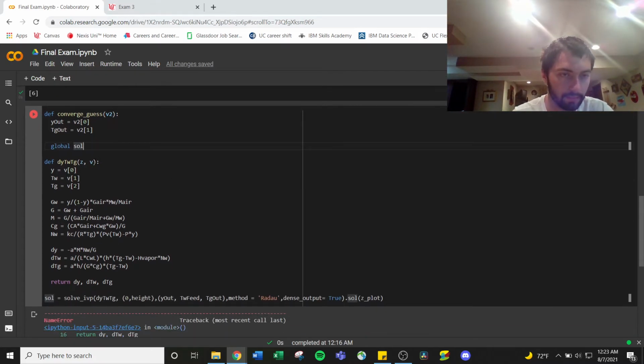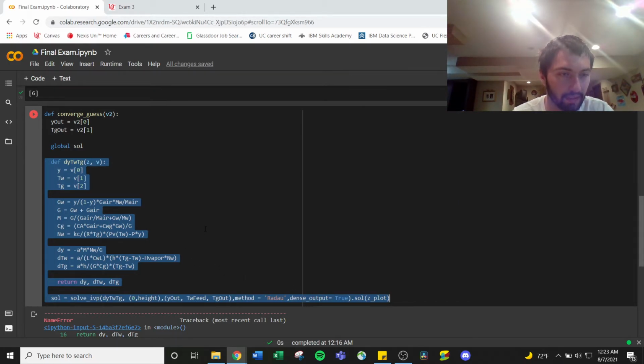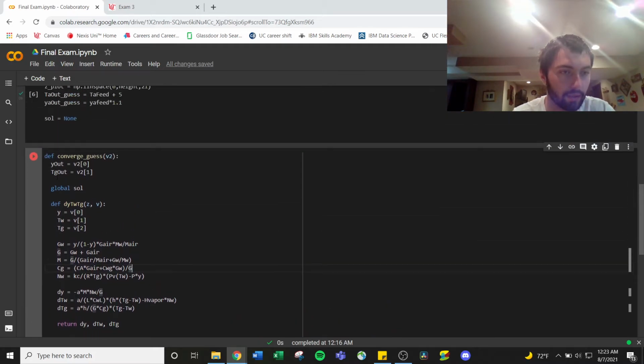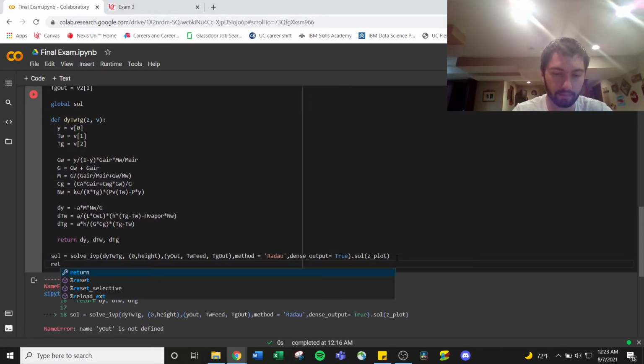Alright. And we actually want this whole other function to be inside this big function. So I believe if I tab, yep. So now that whole first function we made is inside this second function. And then after this sol, we want to return